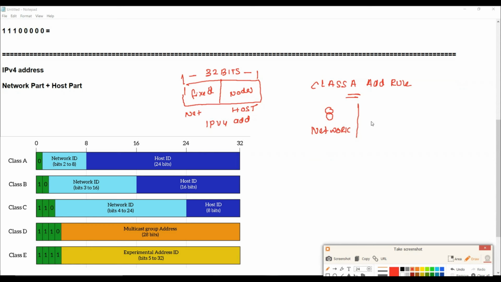Okay, and then we have the 24 bits in the host part. The total is your 32 bits over here, right? 8 bits network, 24-bit host, giving you a total combination of 32-bit address space. Now, what happens here is, for class A,